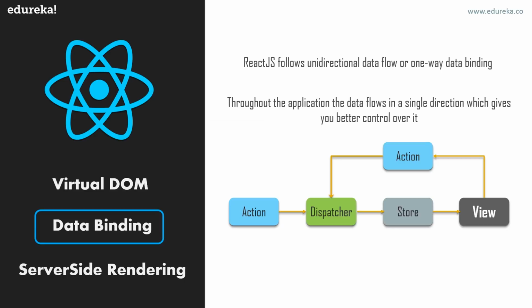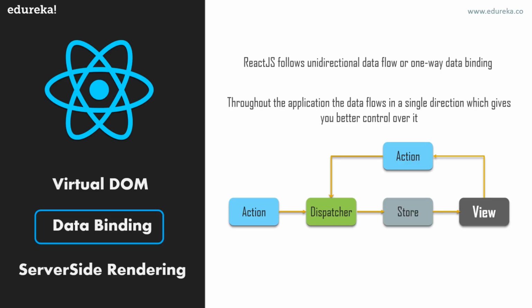Now, if I talk about this one-way data binding or unidirectional data flow, so Flux, I want to talk a little bit about here, that Flux is a new kind of architecture that Facebook uses when it works with React. Flux is more of a pattern than a framework, and it has 4 main components you can see on the screen. The one component is dispatcher. Now what dispatcher is doing, that it is receiving the actions and it broadcasts its payloads to the registered callbacks or to the store. The second one is the store.